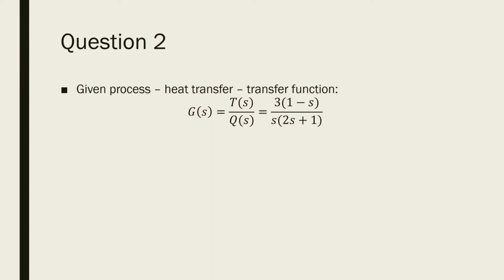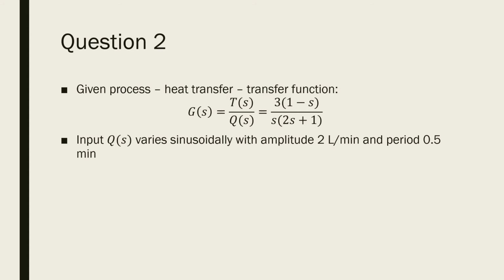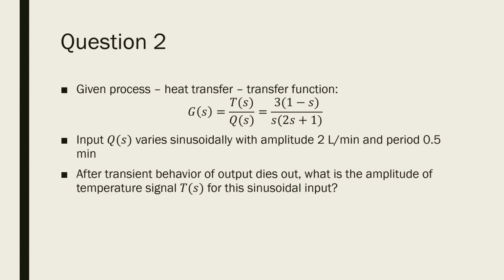Let us now move on to question 2. In this question, we are given a heat transfer process described by the transfer function between output and input, that is heat and flow, given by 3 times (1 minus s) over s times (2s plus 1). We are told that the input signal varies sinusoidally with amplitude 2 and period 0.5. We are asked to find out what the amplitude of the output signal would be for this input